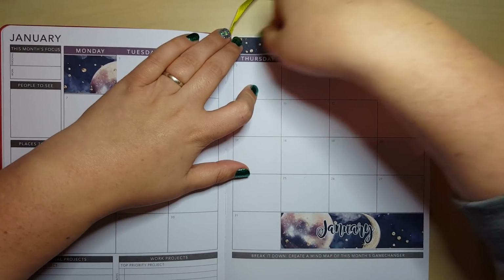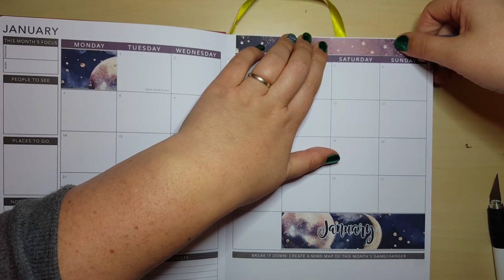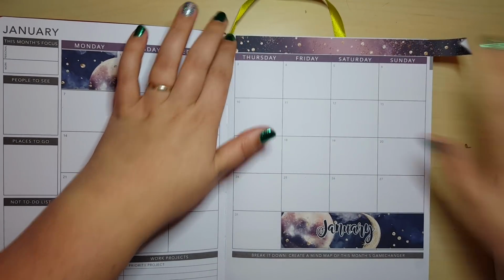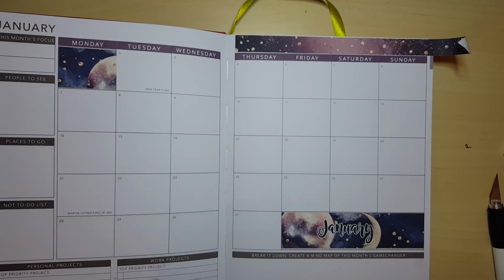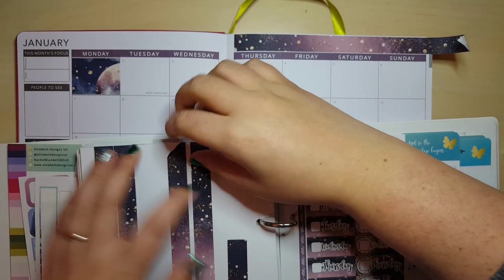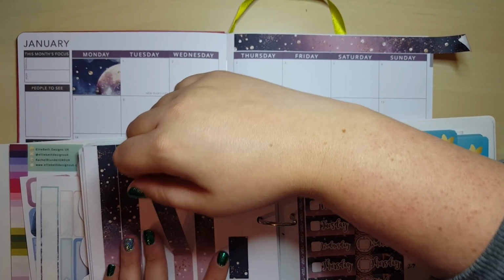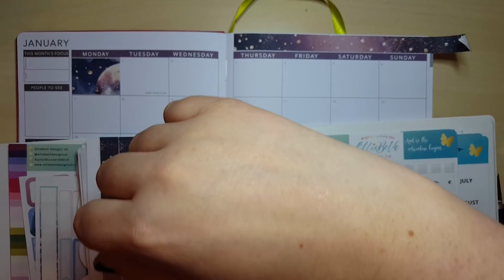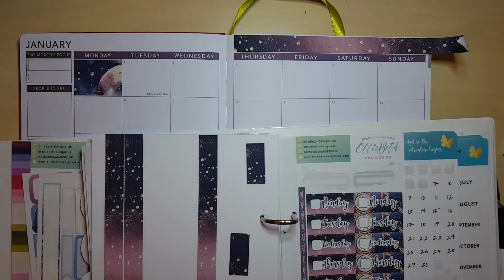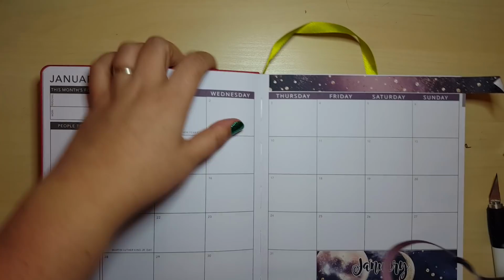So there we go, and then this will just fill across the top. I love the kind of smoky purpley colours in this. I think it's absolutely fab. And I'll take another one. Let's take that one. I can peel that off carefully. Okay. Pop that back on the side, and then we'll go